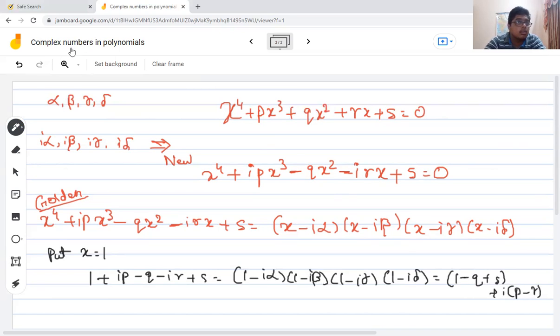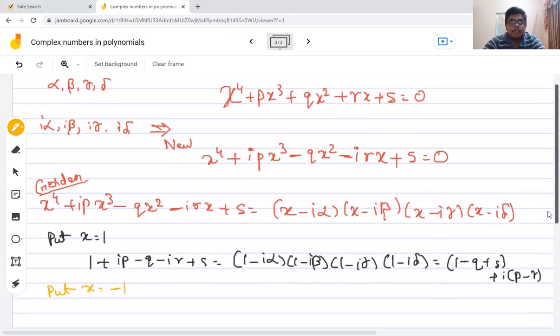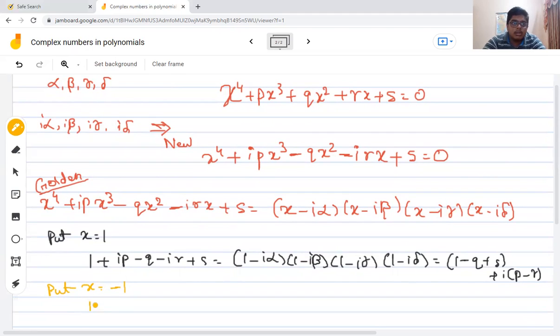Next, we are going to put x equals minus 1. What are we going to get? We are going to get minus 1 power 4, that is 1, minus IP, minus q times minus 1 the whole square is still minus q, then minus IR times minus 1. So we're going to get plus IR and plus S. This is equal to